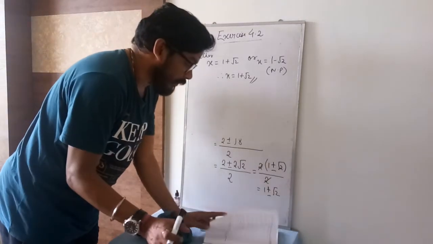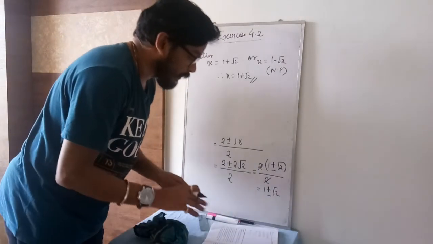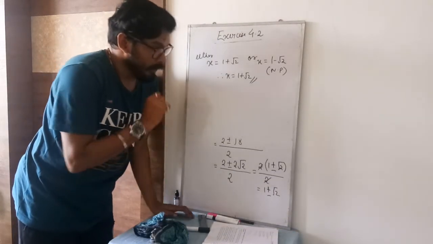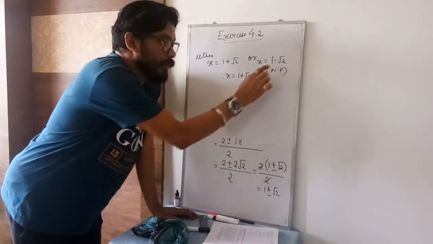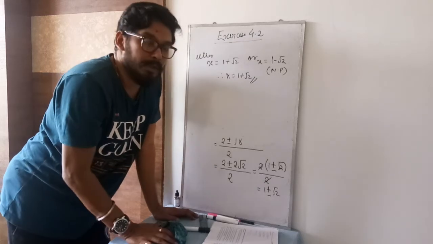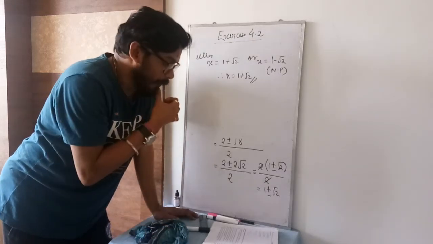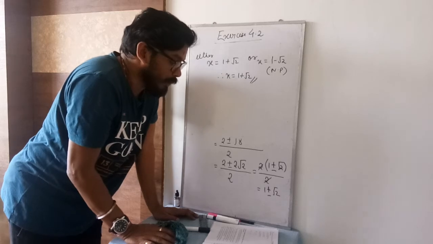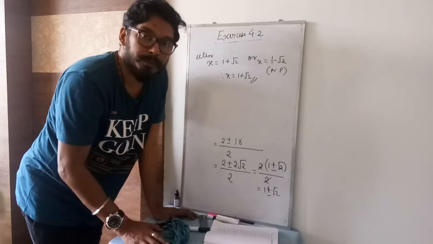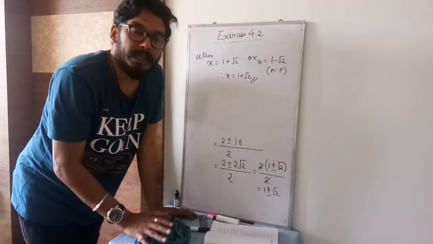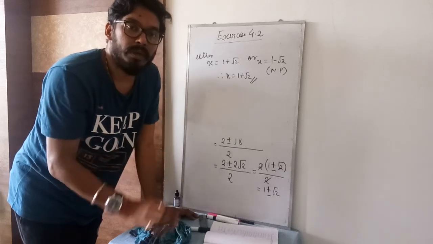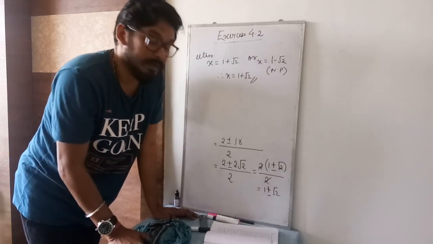So exercise 4.2, question number 10, the remaining sums are the same. Now here minus will not come as the answer, because when you put the root 2 value, minus 1.41, in the equation you will get a negative answer. Okay, and I forgot to say, in question number 10 Roman 1 also you got two values, one you got 5 and one you got minus 4. Minus 4 will be discarded, because when you put it in the question it will give a negative answer. Root over negative something will come.